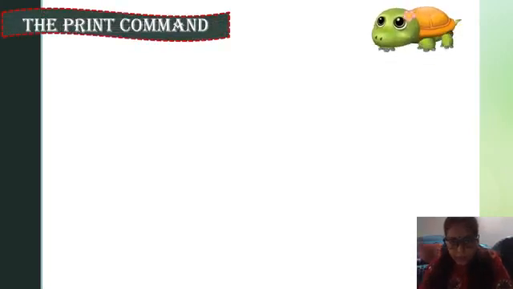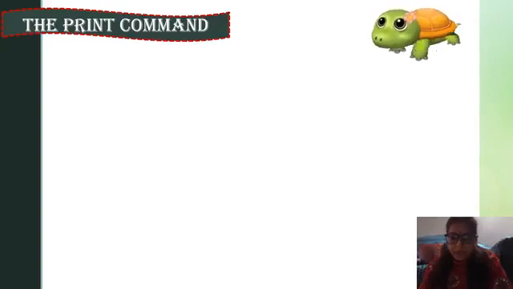Okay children, now what is the print command? Children, in the last class we already learned how to draw shapes in Logo with the help of commands. Today we are going to learn the print command.